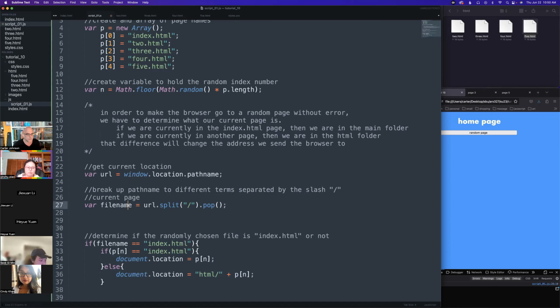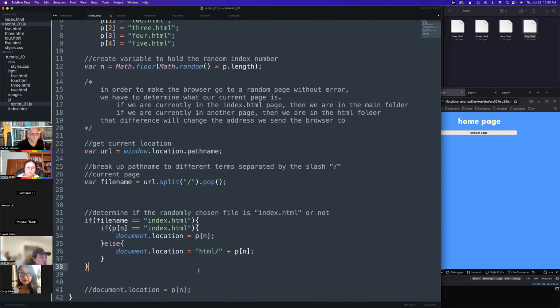Right? fileName is the current location, current page. That will only work from the index. If I'm in any of the other pages, I have to do something else. Else, meaning if I'm in page 2, 3, 4, or 5,